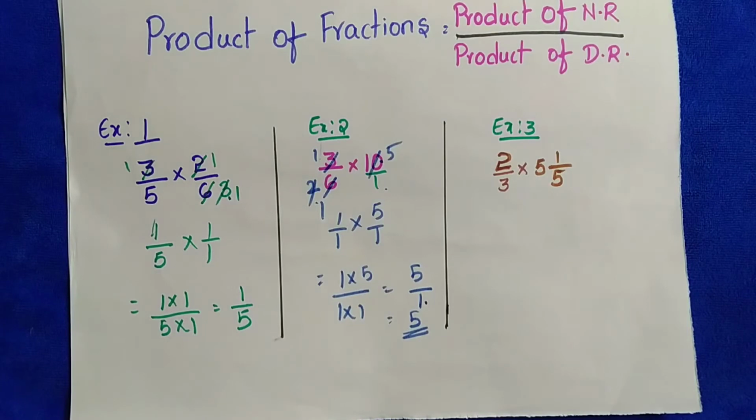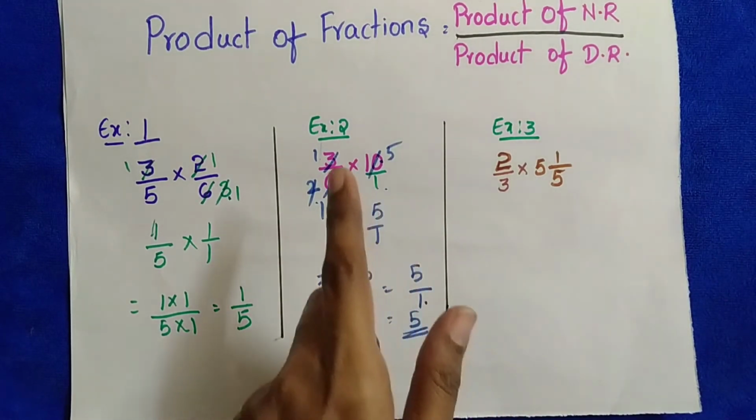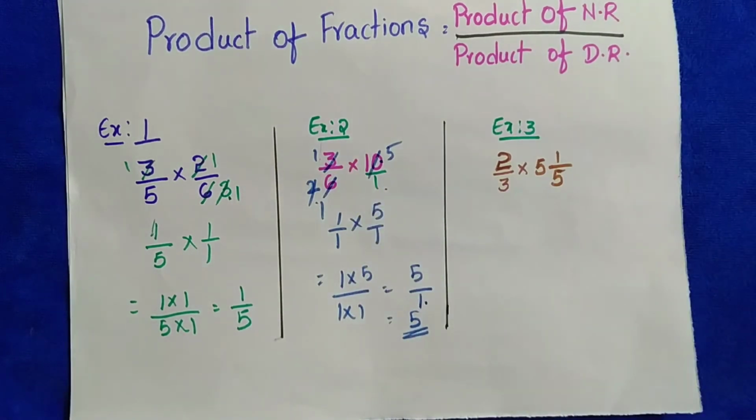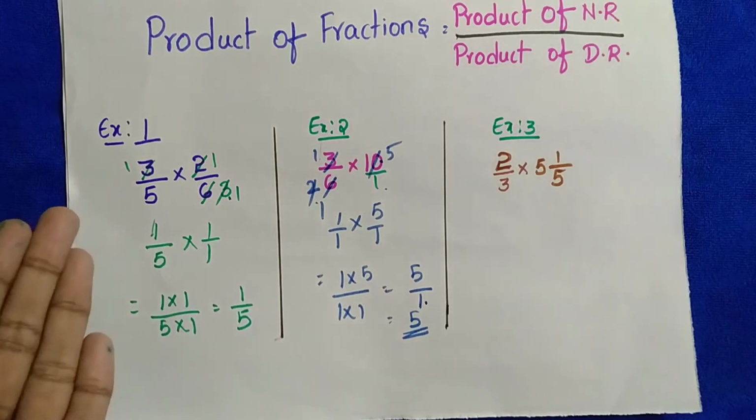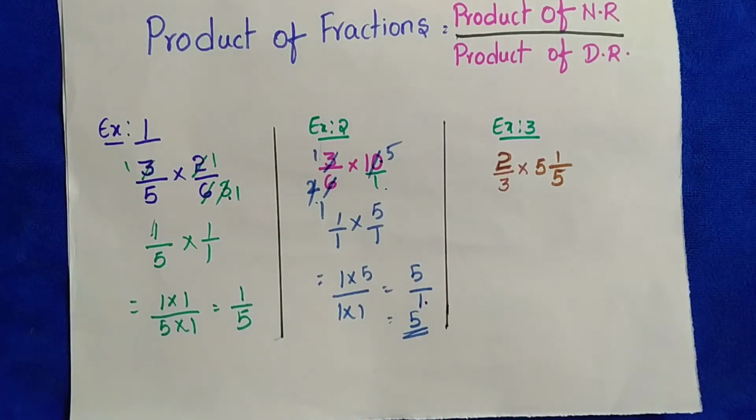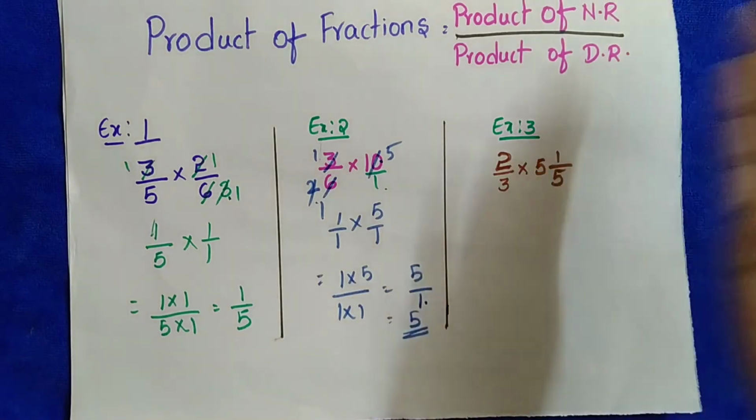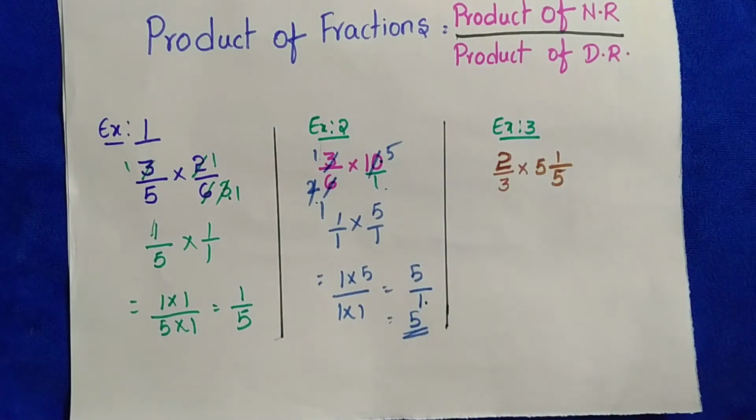That's it. Very easy or not, children? Simple thing. If a whole number is there, you have to take the denominator as 1 and then check for cancellation in the same fraction and in crisscross. Then after completing that, write the numbers that are left over and then multiply as I said. Got it? Yes, now move on to our third example.